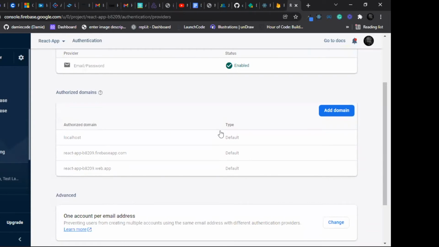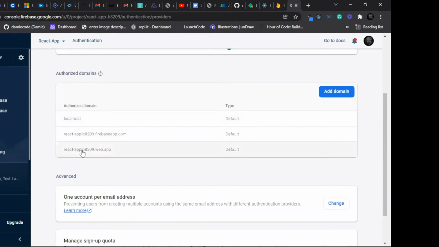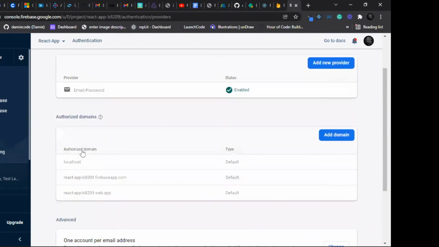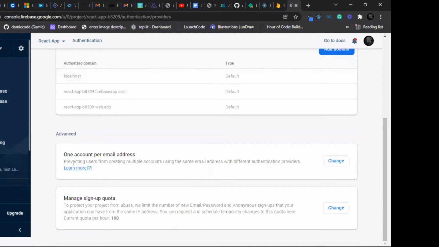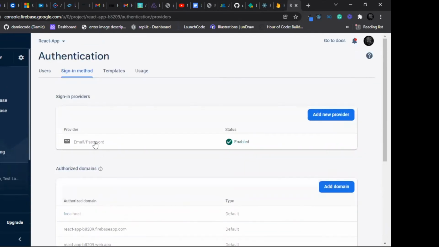Host, we have React Firebase and hosting. Firebase domains, and use it on localhost, and all these are just advanced things. So now that we have created our sign-in method and all of that, we can now start